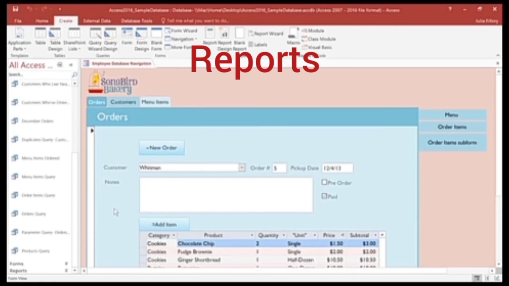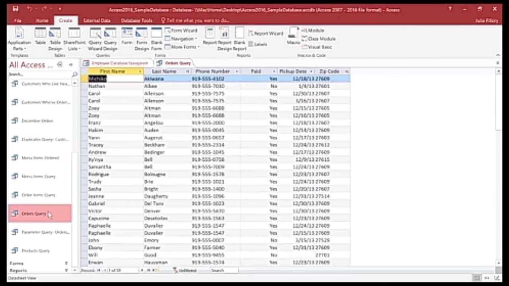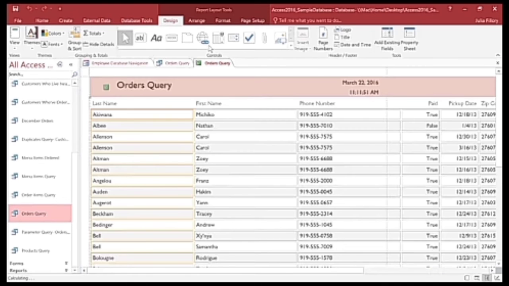Next is reports. Reports are created to organize and present data in a user-friendly format. You must have seen report cards in school that help to view and evaluate your yearly performance. Similarly, Access uses reports to present table data in an easy to read format. To create a report, select the table and then click on the create tab, and then click on report to open a report for the table.